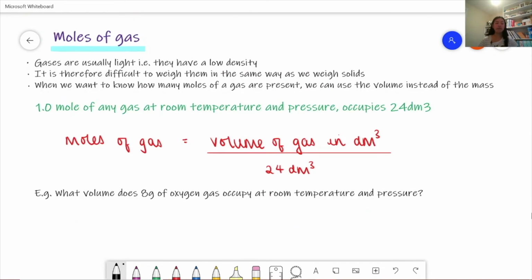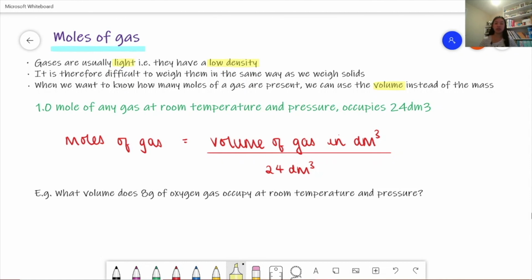And now we're going to look at moles of gas. So gases are usually really light, so basically they have a very low density. And this makes it very difficult to weigh them in the same way as we weigh solids, so with a balance. And so when we want to know how many moles of the gas are present, we can use the volume instead of the mass. And the general rule that we have is that 1 mole of any gas at room temperature and pressure occupies 24 decimeters cubed. And we saw how we could get this from the ideal gas equation. So if you look back to the ideal gas equation video, then you'll be able to see how we found